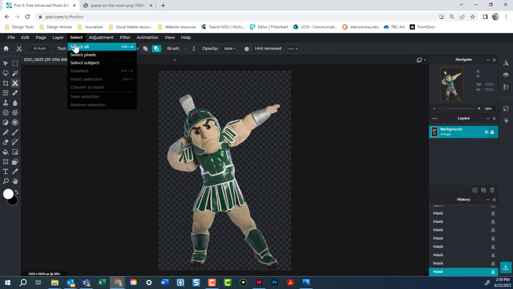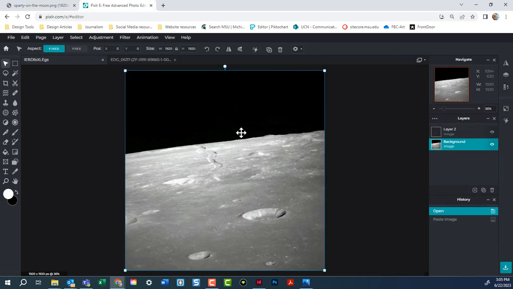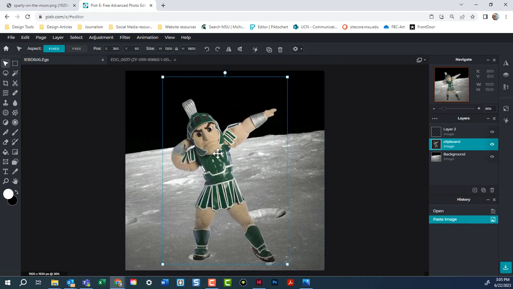So select all selects our whole picture here. And it doesn't matter that it's selecting the whole picture because everything that's this little checkerboard is just transparent. It's missing. So selecting all is the easy way to go. And then we want to copy it. Again, if you like shortcuts, Control C. Otherwise, edit, copy. And we come over to the picture of our moon and we go to edit, paste. Now, if you do paste and nothing happens,